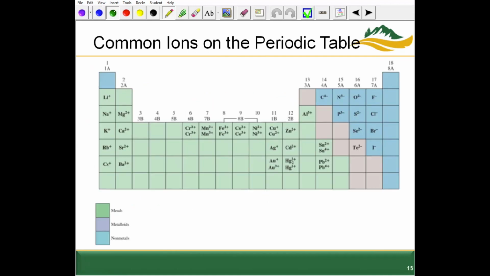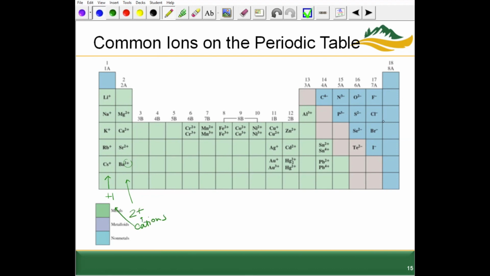This table can be really handy now to start getting used to which elements form which kinds of ions. As you may start to notice here, the different ions that each element can form are pretty predictable, and it has to do with their electron stability. What does that mean? It means that all of these alkali metals, right, they're in group 1, will be stable as cations with a +1 charge. Similarly, all the alkaline earth metals will be electronically or electron stable when they lose 2 electrons to become +2